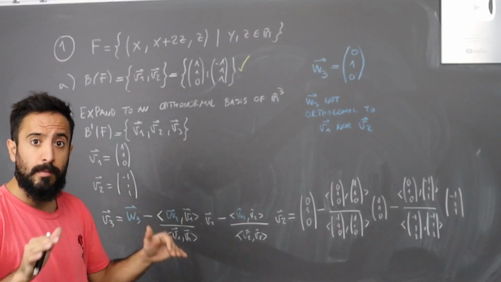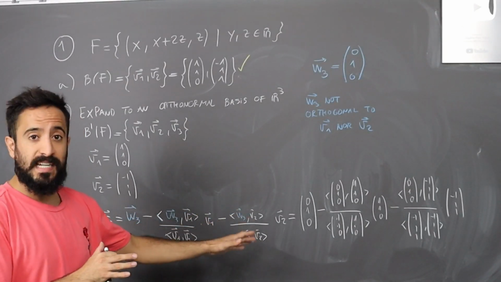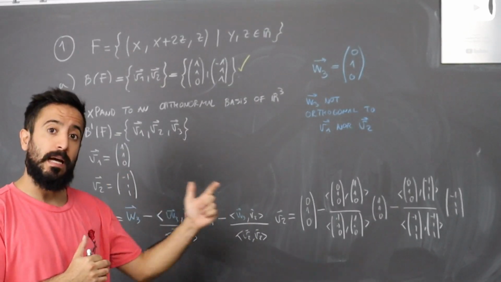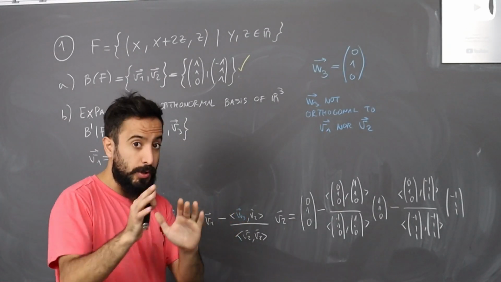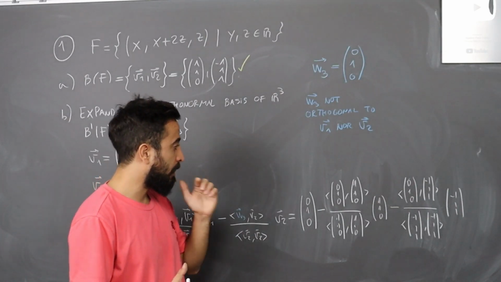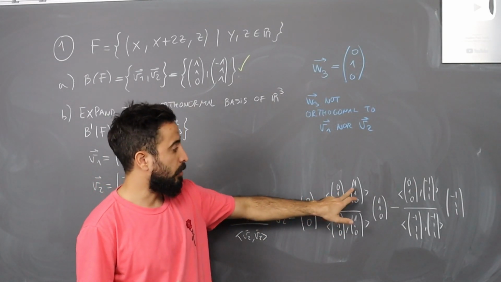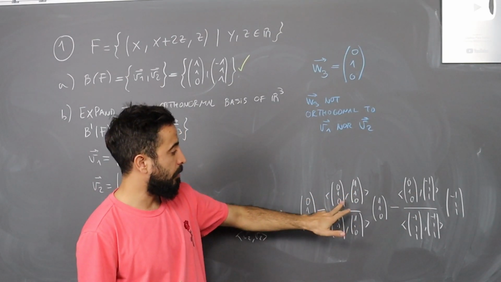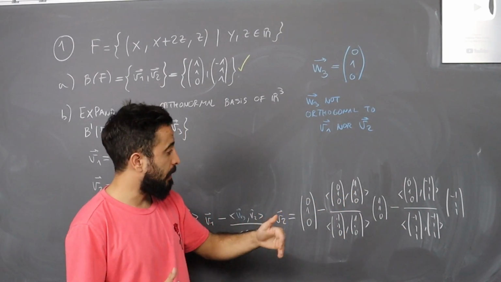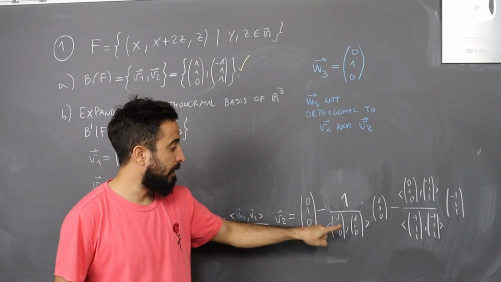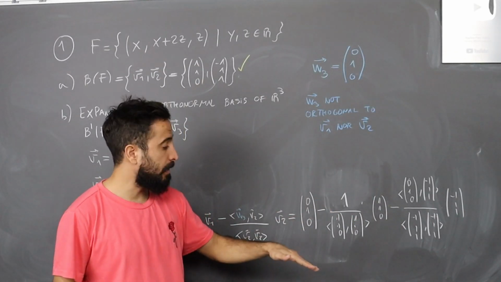First, take a moment, pause the video, and make sure you understand how I replace the values, alright? w3, b1, and b2. Once you do that, let's continue. Let's compute the calculations here. So here, in the product, I get 0 times 1, 1 times 1, 0 times 0. We add that together, we get 1. Then here, 1 times 1, 1 times 1, 0 times 0. We add that together, we get 2.